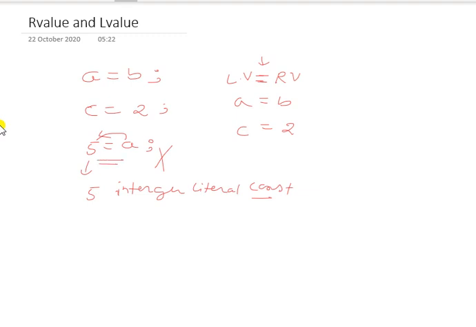So what does it mean? All constants, let it be any type, character, string, real, are R values. They cannot become L values.